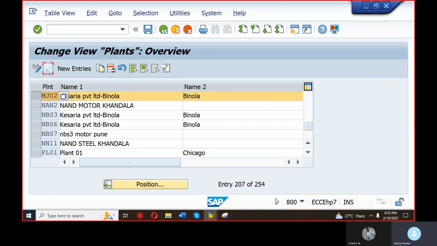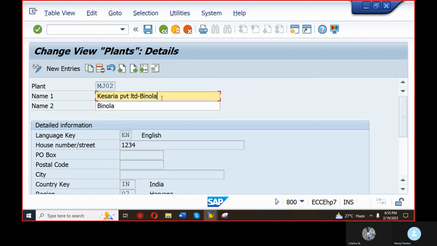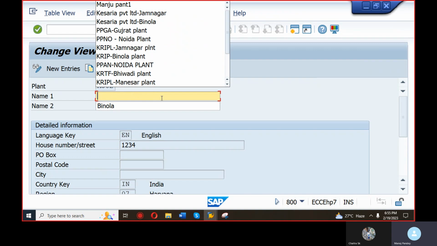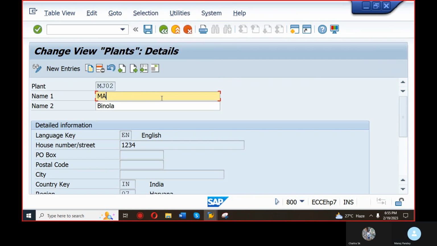Just select, go to details, change the name, description. So it's Manju plant second. Okay, give enter, go to the address icon